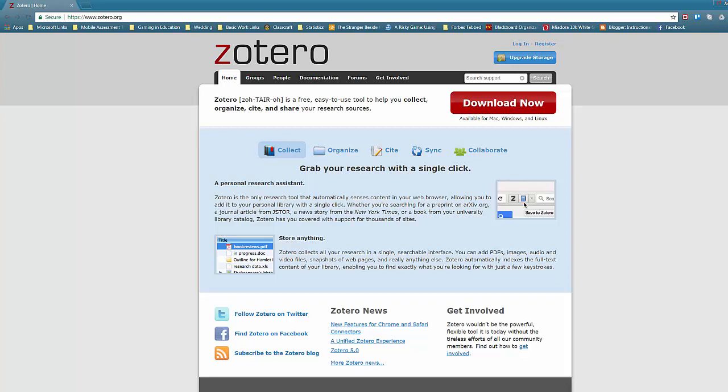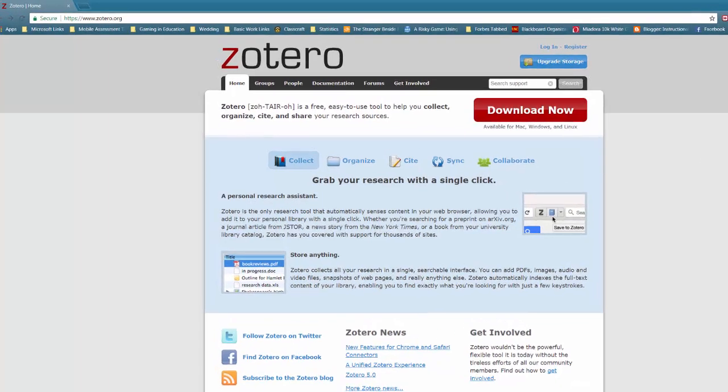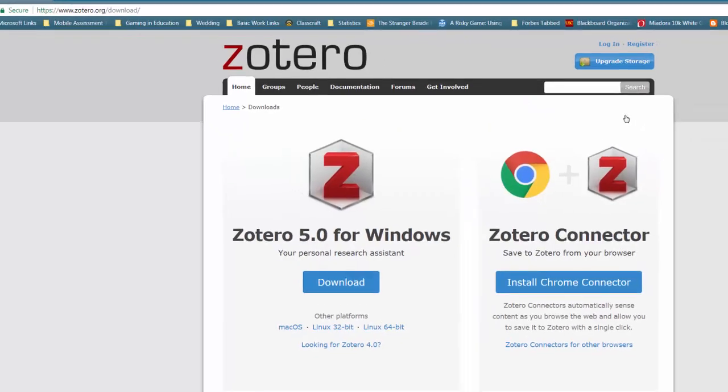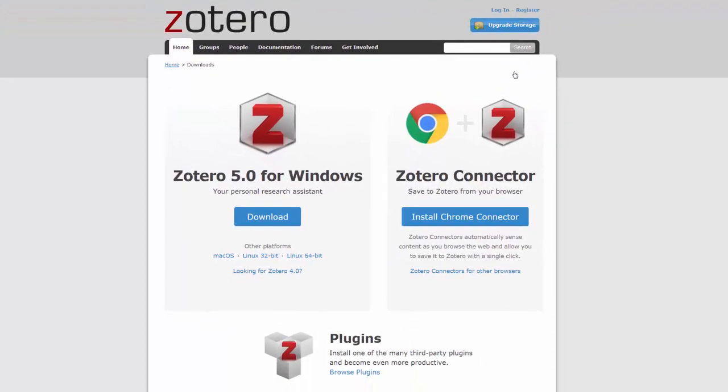Zotero has multiple ways users can engage with it, as a downloadable plugin added to your web browser, as an extra tool within Microsoft Word, or as a separate program on your computer. You can get all of these tools by going to your web browser, navigating to www.zotero.org, and clicking Download Now. Keep in mind that no matter what way you prefer to interact, it will depend on you having the downloaded program on your computer. So we should start with the full platform first. Don't worry, I've already installed all of these tools in advance.